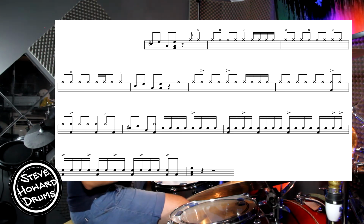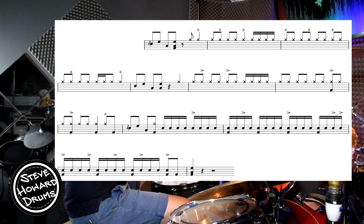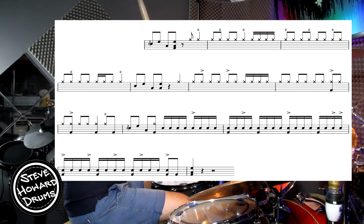So then we've got this next section, we've got the arrows above the hi-hats or the ride cymbal. I'm going to play it as a hi-hat for now. The accents or the arrows mean play louder, so you need to emphasise the ones with the arrows. We're going to go 1 and 2 and 3 and 4 E and 1 and 2 and 3 and 4 and 1 and 2 and 3, 4 and then 1 and 2 and 3 E and 4 E